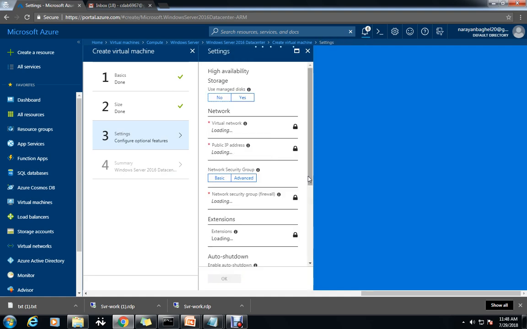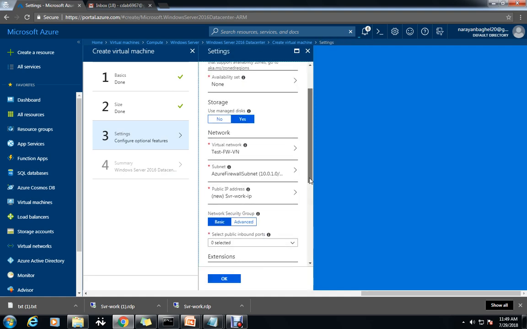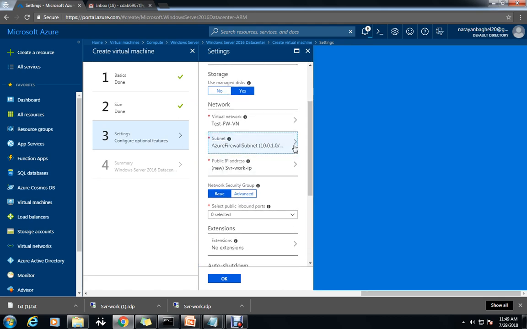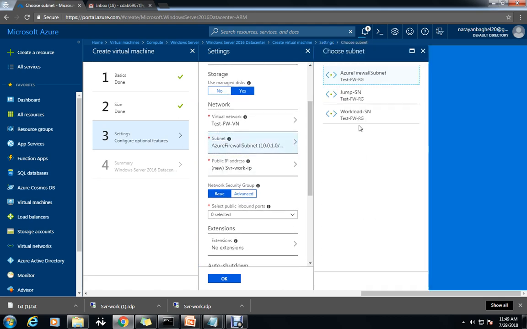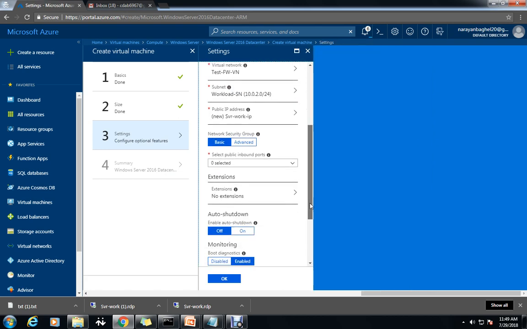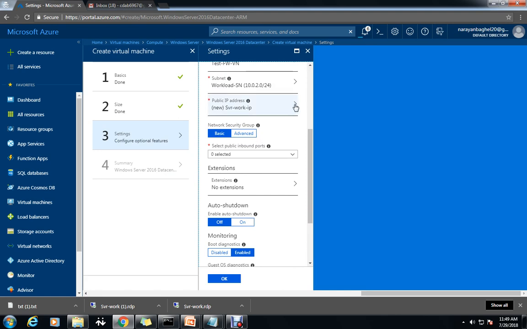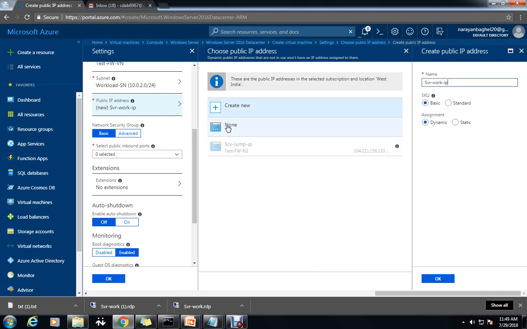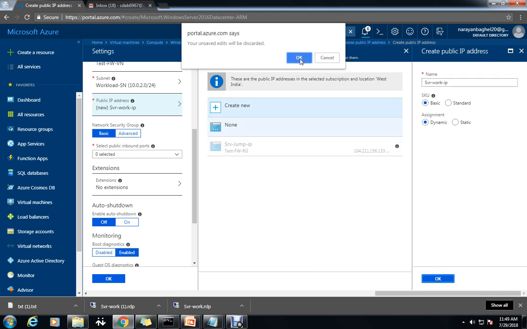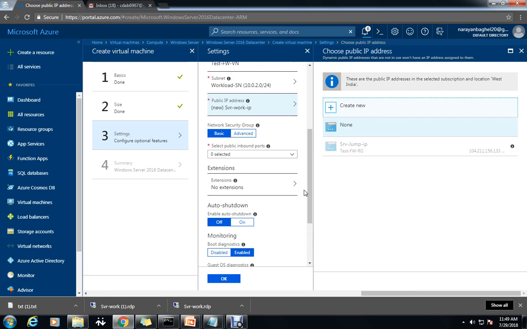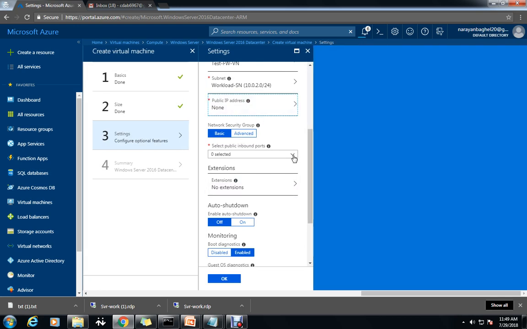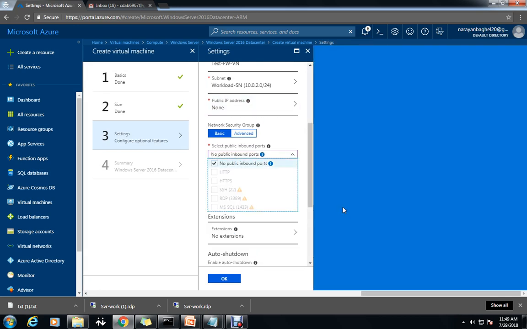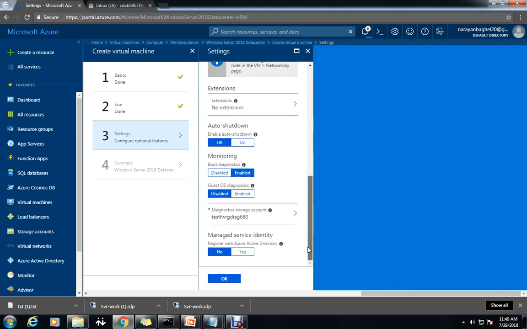Here we need to select workload subnet now, this one, this subnet, and we don't want any public IP. So what we need to do, we need to select none. Okay, it should be none. Be careful here, and I don't want any public inbound ports for this virtual machine, and the rest is okay. Just click OK